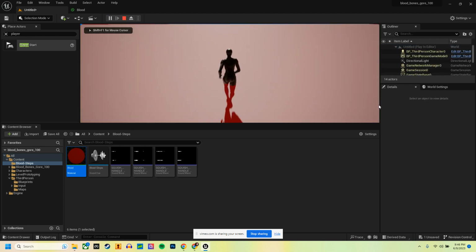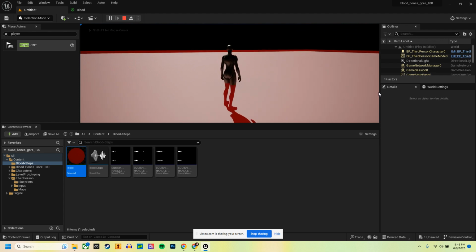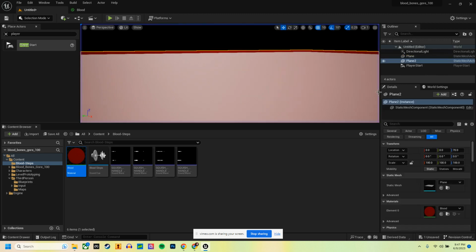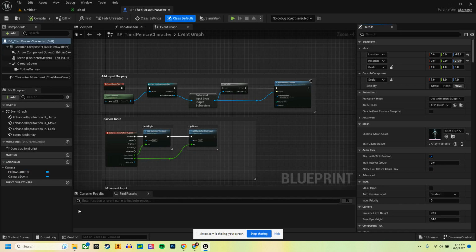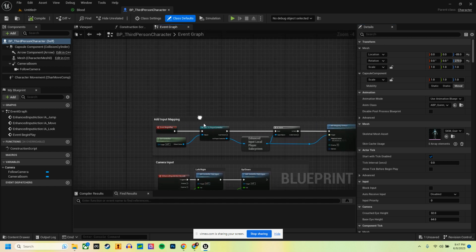That looks pretty good. So now the character is inside of the blood, and as he runs around, he will have that blood sound effect more realistically. And in the kind of game that I'd probably be working on, like a horror type game, your character's probably not going to run that fast all the time. He'll probably have a stamina bar. We're not going to build that stamina bar, but what you would do